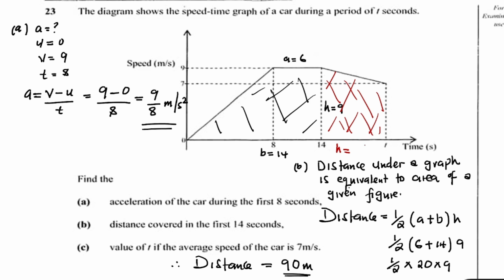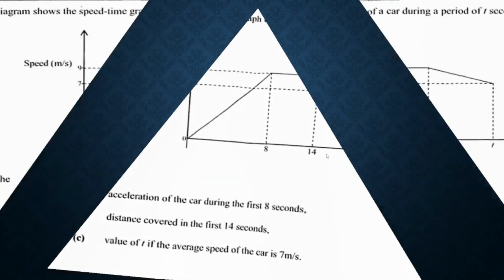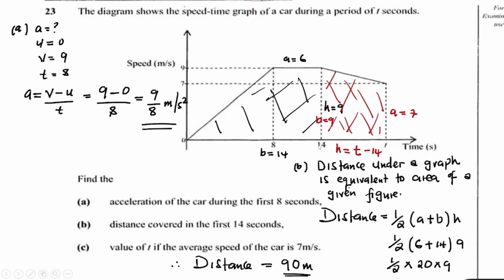So if that will be the height, that means this height will be t minus 14. Then this, which was the height for the other side, it's going to be the base as a 9. This is going to be the width, which will be the AB equal to 7, like that. Okay, so if that is equal to 7, then we can say the area of a part that was shaded